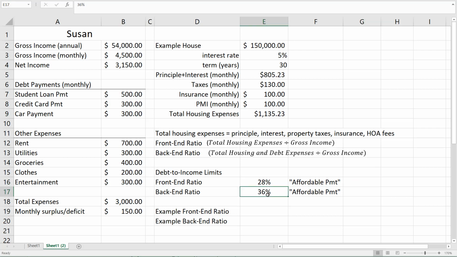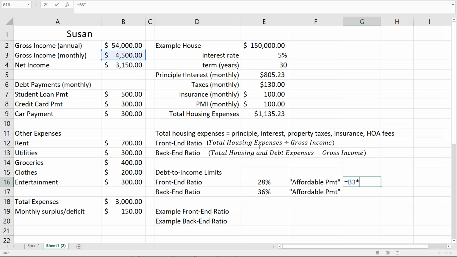So, and most banks are going to have a limit of 36% for the back-end ratio in order to approve you for a loan. So, given those percentages, let's just try to find out what would technically be affordable according to those percentage limits. So, if we brought it right up to the 28% front-end ratio limit,